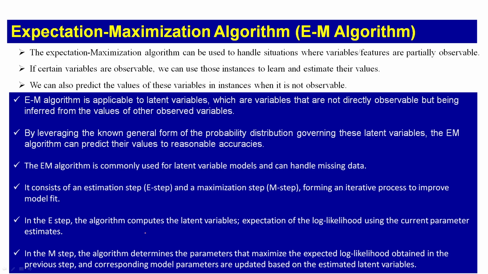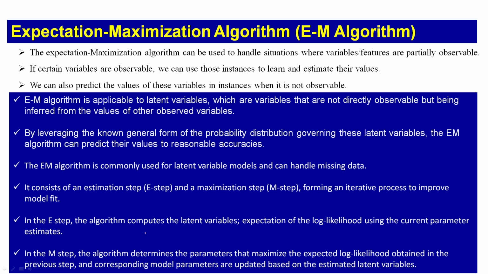This algorithm applies to latent variables, which are not seen or not observed directly, but are there. Similarly, it is applicable to latent variables, which are variables that are not directly observable, but inferred from the values of the observed variables. Many times you do that, right. Many times we infer some variables from our calculations, we do not see this variable at the beginning. So, in those cases this algorithm will work nicely.